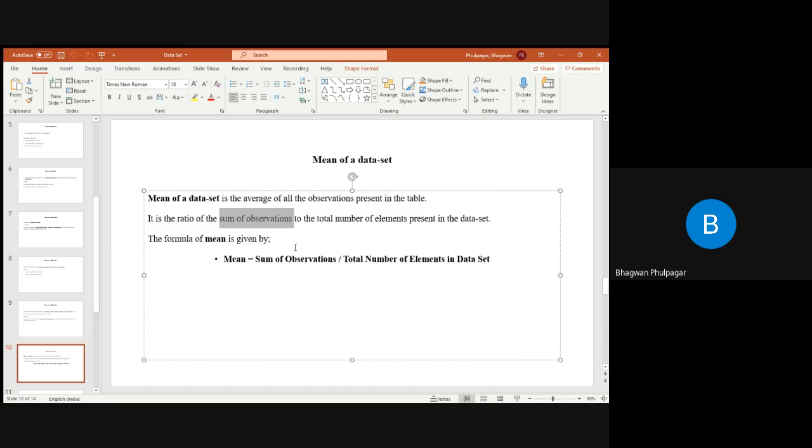Now suppose in your classroom, our aim is to find out the average age of division A classroom. Now there are total students are